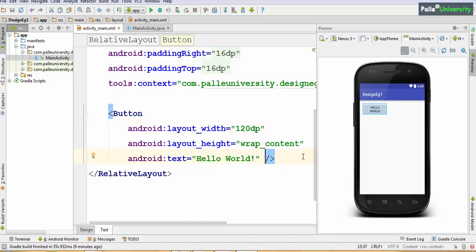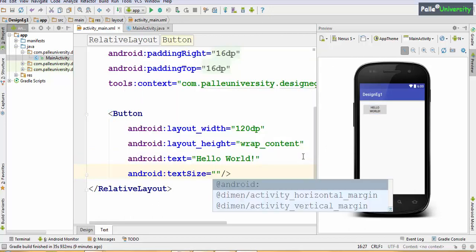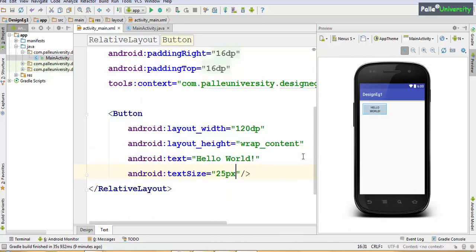I will explain now what's the difference between DP and SP. Let us say I want to increase this hello world text size. The default text size is 16 pixels. Now I want to increase the text size to, let us say, 25 pixels, which looks like this.